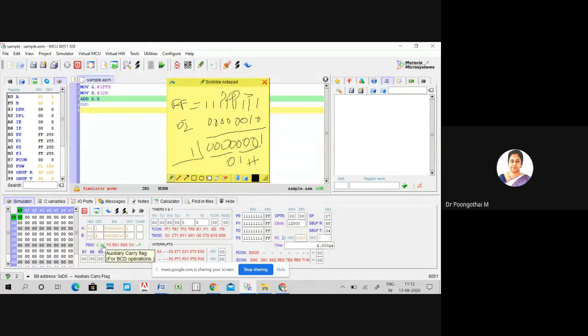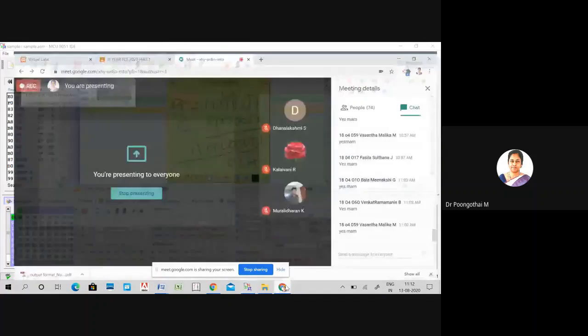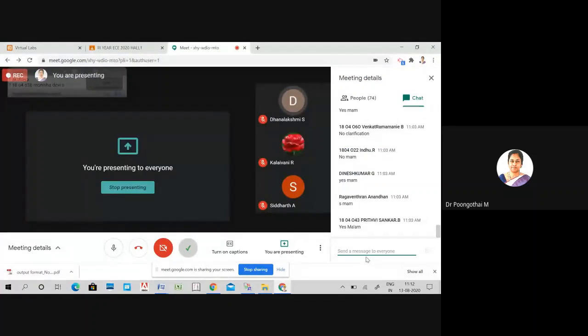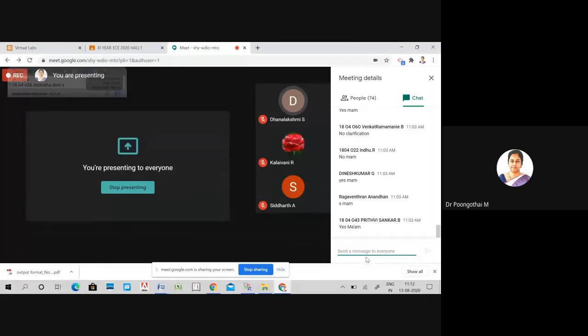Okay. And parity depends on the number of ones in your result. An odd number of ones means your parity flag will be set. So parity flag is set. Okay. Is it clear, students?